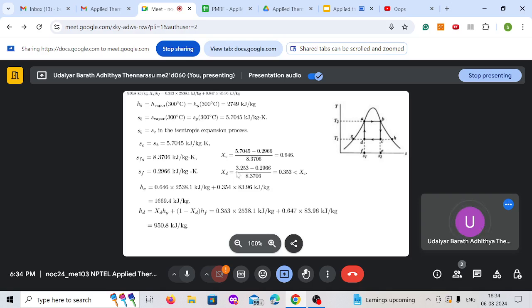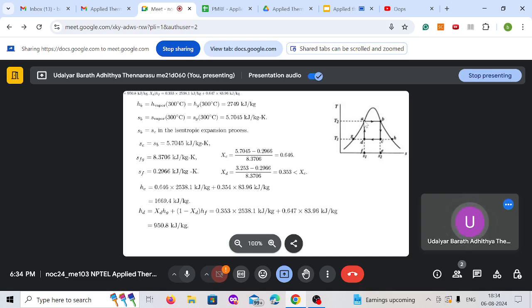So using this we can find out your vapor fraction at state C. That is nothing but S equals SF plus X into SG minus SF. So rearranging, we can find out the vapor fraction at C. So this will come out to be 0.646, and then again at D we can find out the entropy,